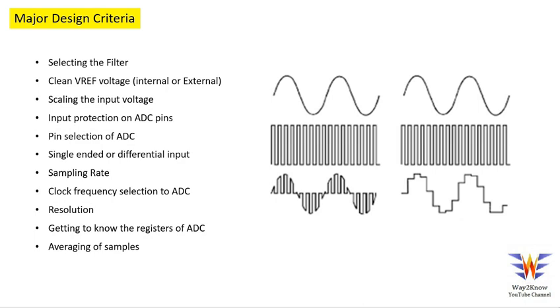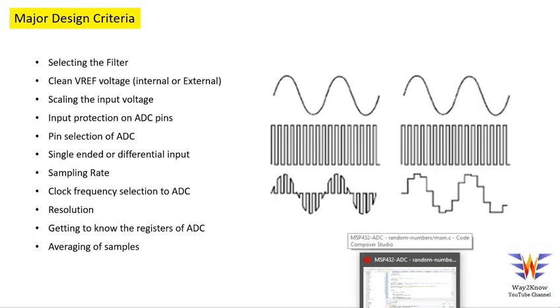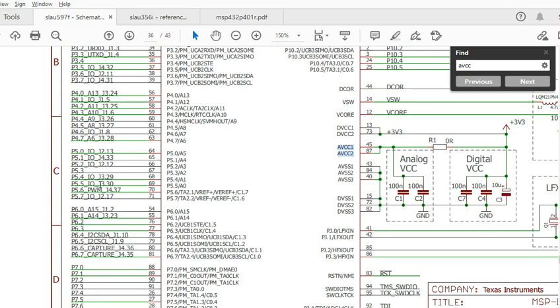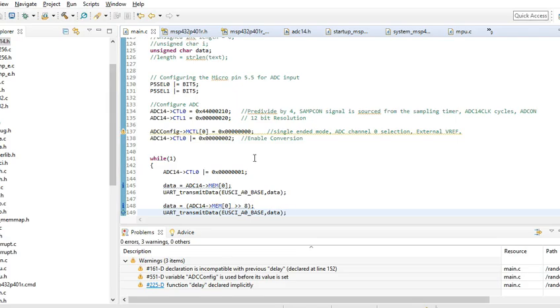Now going back to the configuration on MSP432, this is a simple configuration which we are showing here. We have selected A0, that means pin 5.5. If you see the pinout here, 5.5 is A0. Analog 0 is selected as the channel to read. For that we are setting P5 SEL0 and SEL1 for bit 5. By doing this, you are selecting an alternate functionality. And then here comes the configuration of the ADC.